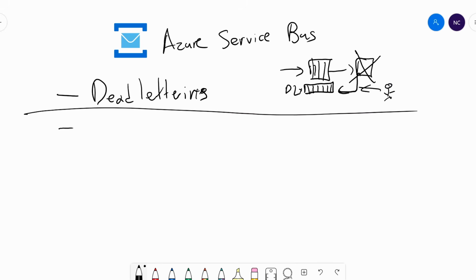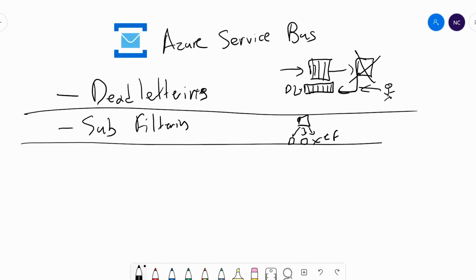The other one, I already mentioned it, but I want to mention it again, is subscription filtering. Whenever you're using the topic pub sub approach, if one of your consumers doesn't need to listen to that, you can have a filter here saying send me messages only of type charge void for some reason, and you don't actually have to waste resources processing things you don't actually care about. So this is also great.